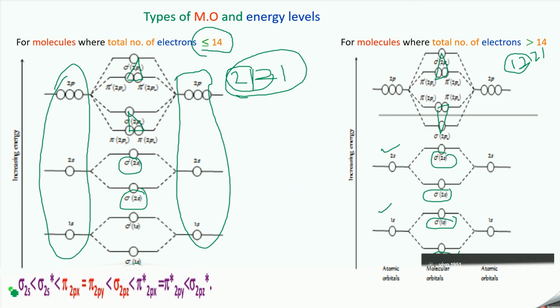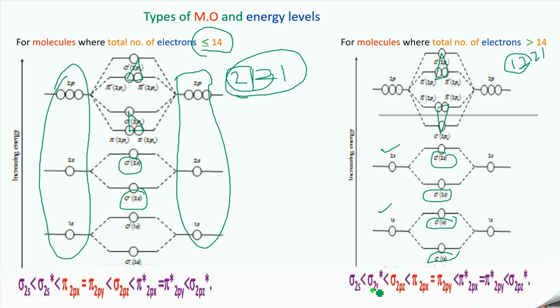Sigma 1s and sigma star 1s are not written, they are understood. So only the second shell orbitals are written, starting from there. Similarly for this one also you can write like this: sigma 2s, sigma star 2s, and before that sigma 1s, sigma star 1s. Then sigma 2pz and then pi 2px and pi 2py, they are having the same energy. And similarly pi star 2px and pi star 2py will have the same energy. The last one is sigma star 2pz. So the only difference is here. These two alone will be interchanged. So here, see, these two alone will be interchanged.